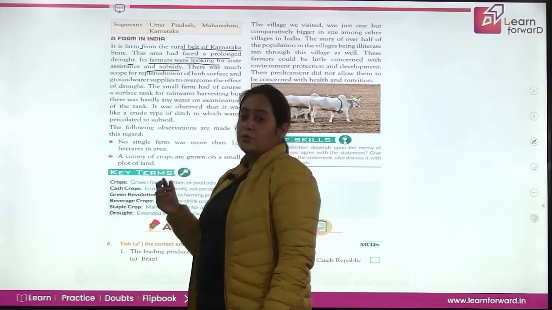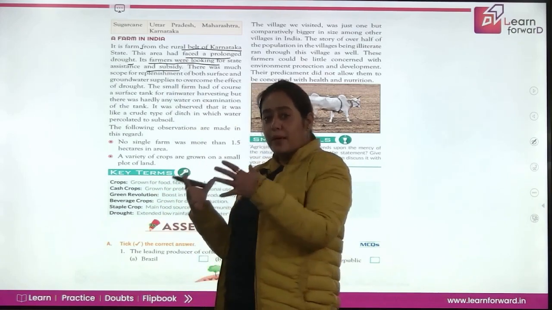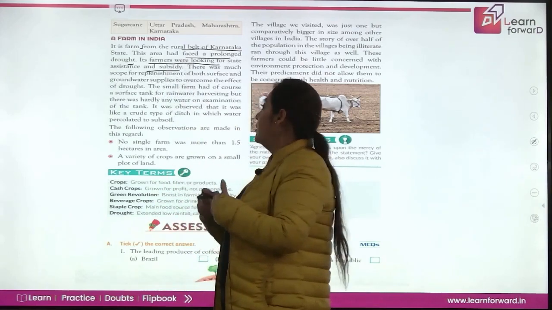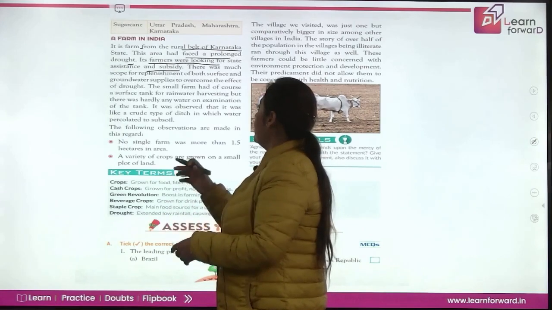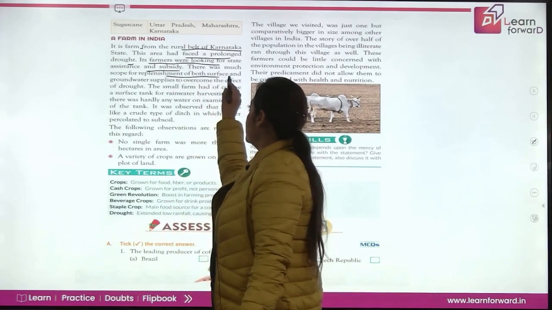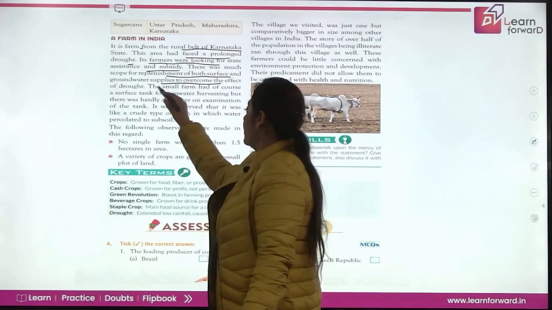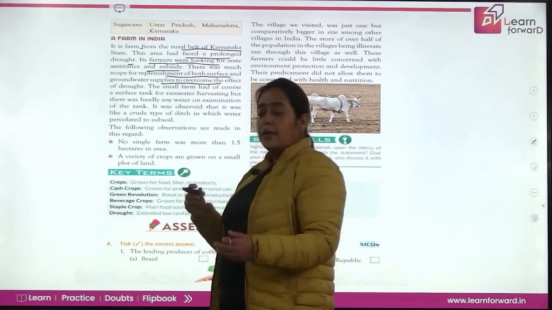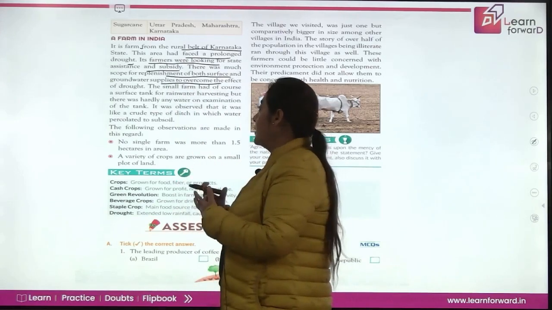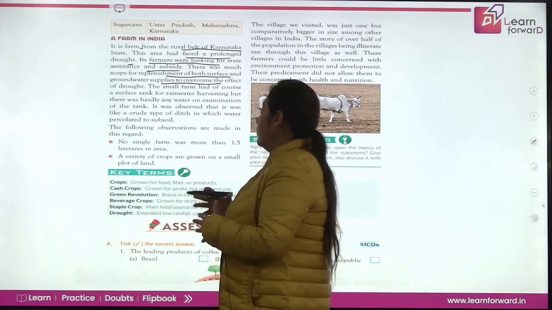अब farmers जो थे अपने आप कुछ नहीं कर पा रहे थे, dependent थे कि कोई हमें subsidy मिले and we can rework on this. There was much scope for replenishment of both surface irrigation and groundwater supplies to overcome the effect of drought. अब आपका पानी नहीं है, सूखा पड़ गया, तो उनको कुछ ऐसा मेथड लाना था जिसकी वजह से उस जगह